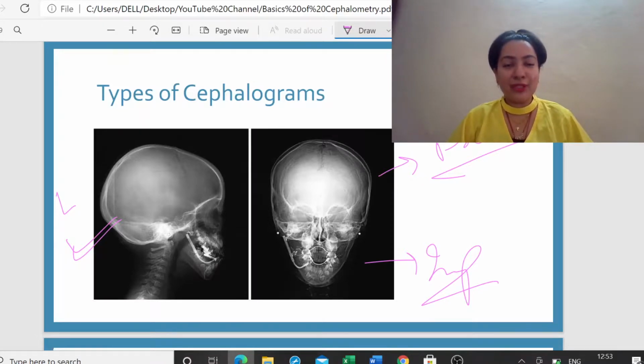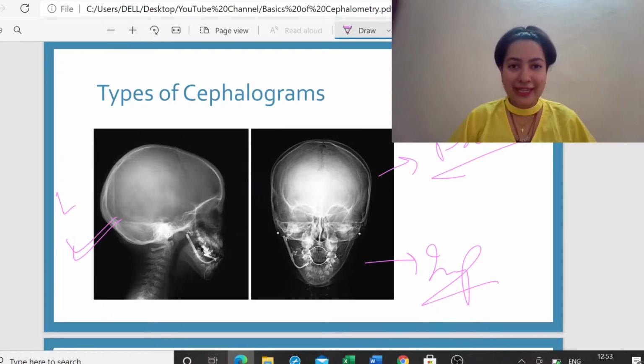There are two types of cephalogram, lateral cephalogram and frontal cephalogram. The first figure is that of lateral cephalogram, which is most often taken in orthodontics to assess the treatment, plus this is the cephalogram where we do all the analysis, right? All the analysis are based on lateral cephalogram. So all the analysis is done, we know how the patient is, what has to be done, how the treatment is progressing. Everything is assessed with the help of lateral cephalogram.